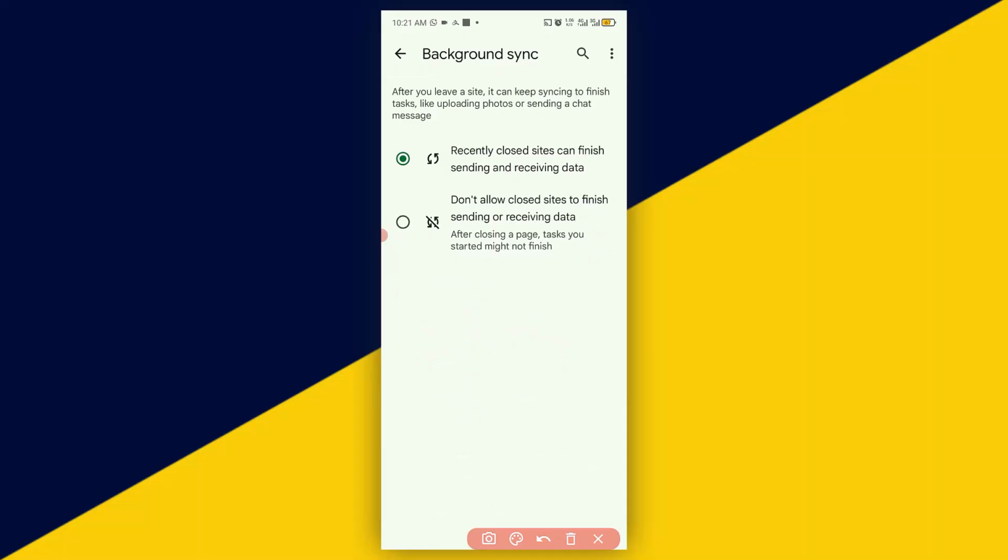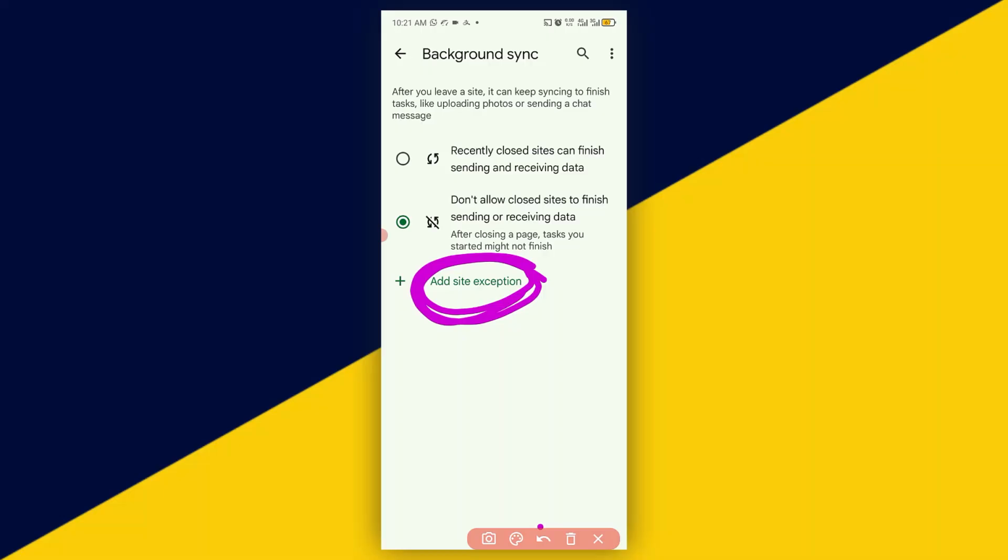Now you are here. So what you need to do right there is to click on here. And with that, you can also click on add a site exception. If you want to allow some sites, click on add a site exception, which simply means that any site exception you add right here can keep receiving and sending data about your browsing activities